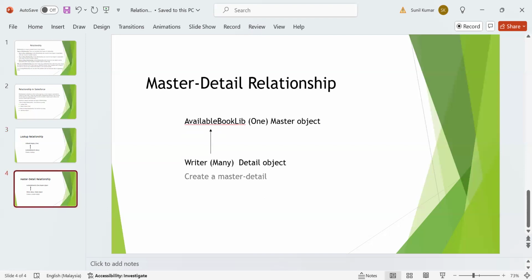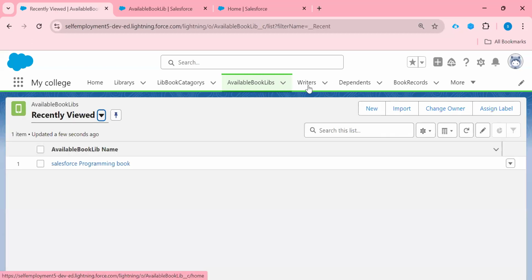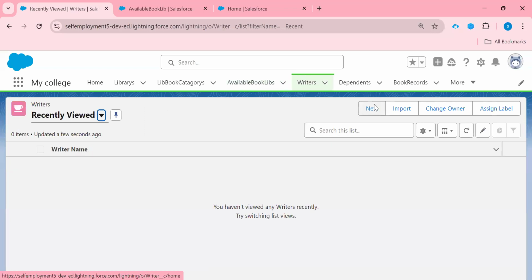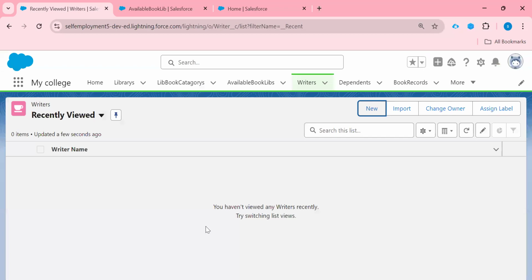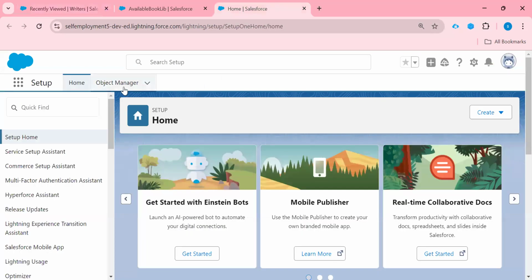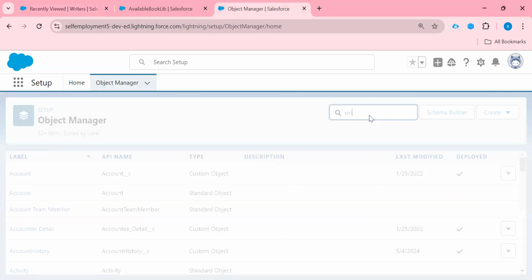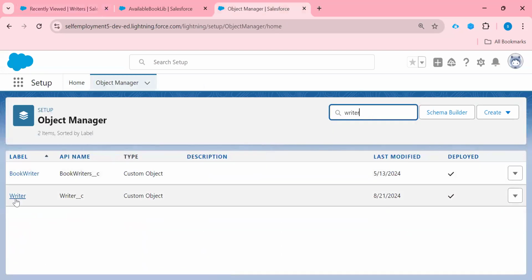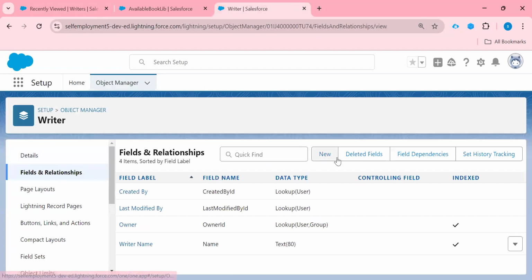So come to our org, and now I'm taking this object as one and this object as many, so it will work as a master and it will work as a detail, right? Okay, so let's see how we can create a master detail relationship between these two objects. Come to our home page, open our detail object, that is our writer. Click here, go to fields and relationships, click on new.